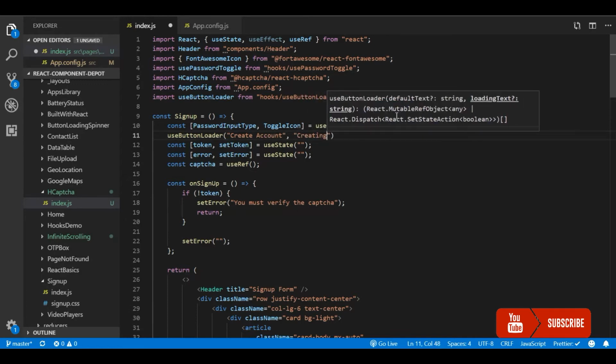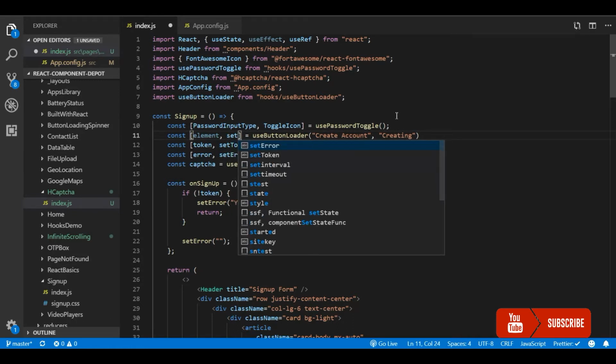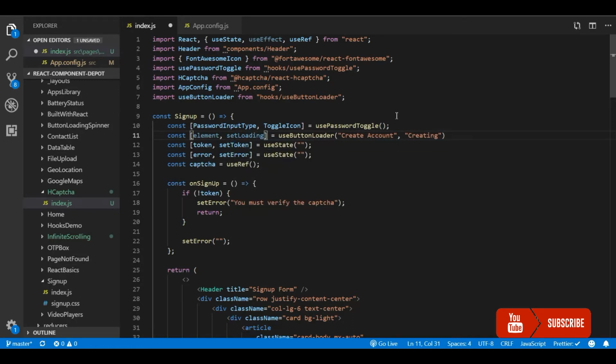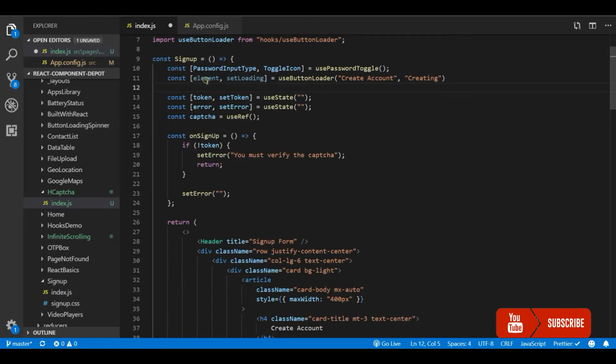This will give a loading spinner button. This hook will return two things: one is the element ref, and the other is a function to trigger the loading. So now we just need to add this element ref to the sign up button.